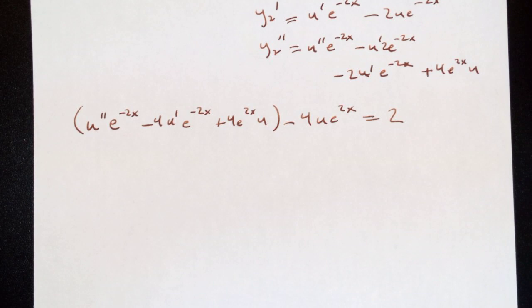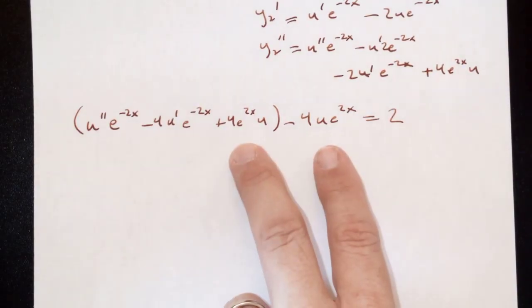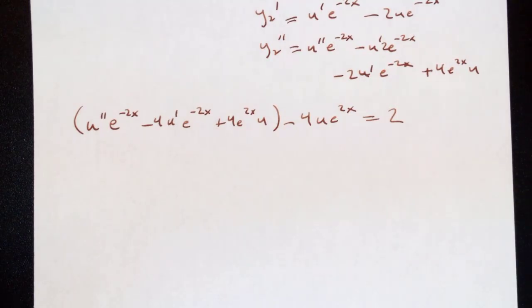What happens immediately before I do anything else in terms with the u's in them? Those cancel. So I'm left with